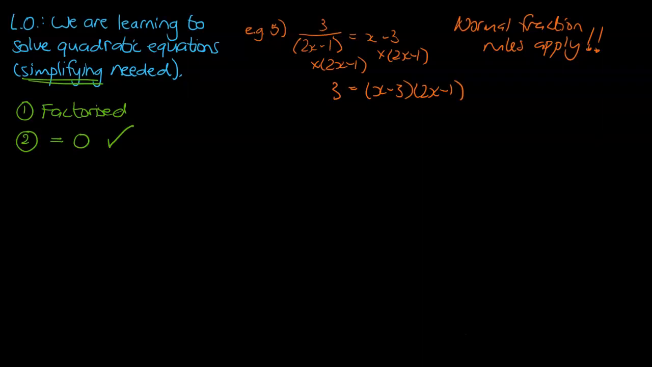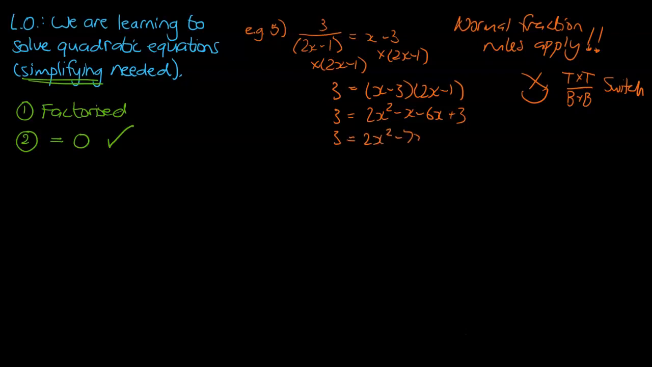You may need to do your crisscross smiley face method. You may need to do top times top, bottom times bottom. You may need to do your switch if you're dealing with division. But your same fraction rules apply. I can't emphasize that enough. But then let's expand that other side there. So that's going to become 2x squared minus x minus 6x plus 3. And that there becomes 2x squared minus 7x